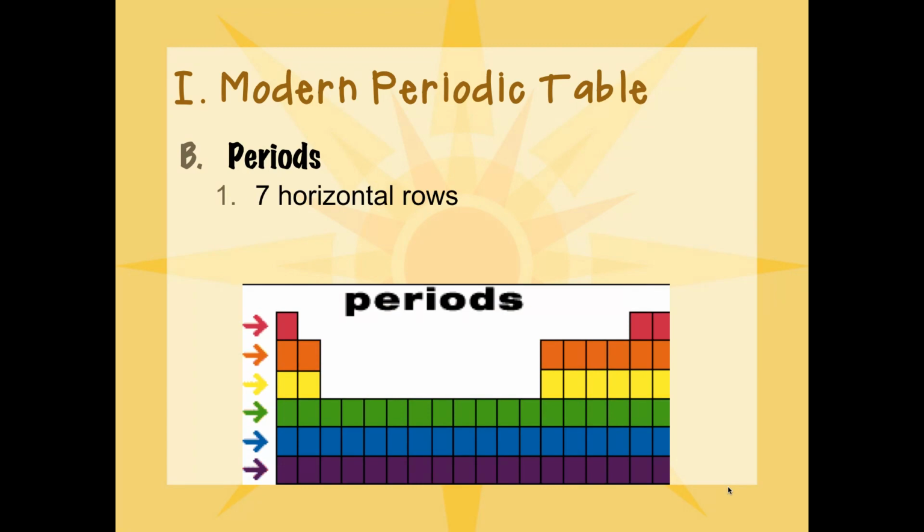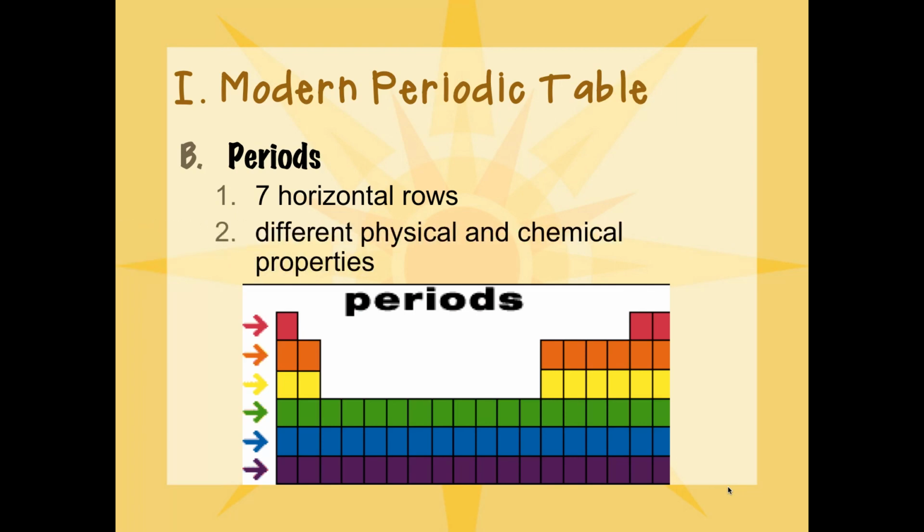First of all, I want you to be aware that periods on the periodic table are the rows. Though they go from left to right, there's patterns. This is where we don't see as many patterns. Things are really different as you go from one period or one spot to the next spot. So you get different physical and chemical properties as you go across the rows, and that's important to realize. Different rows on the periodic table have lots of different properties between them, and that's why they're in